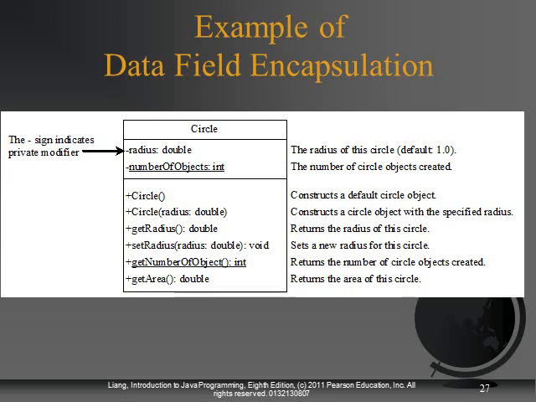Now we know that these are class level because they are underlined, and during our implementation of the circle class, number of objects and get number of objects would have the static keyword added to their declaration. So remember that instance variables and instance methods are referred to by using object variable name dot instance variable or